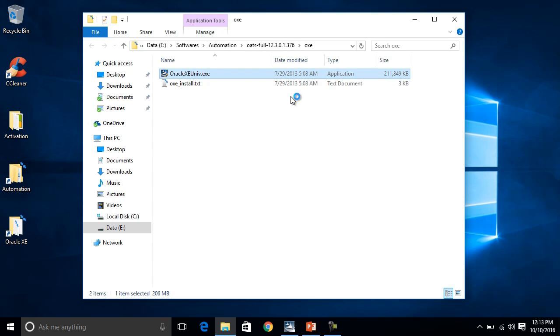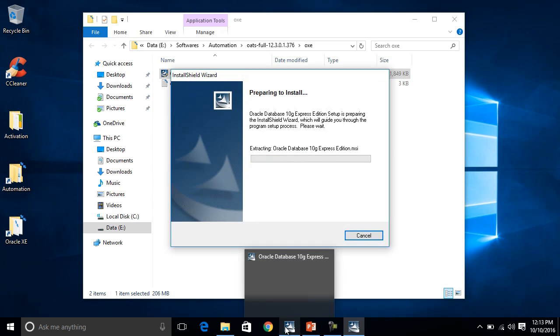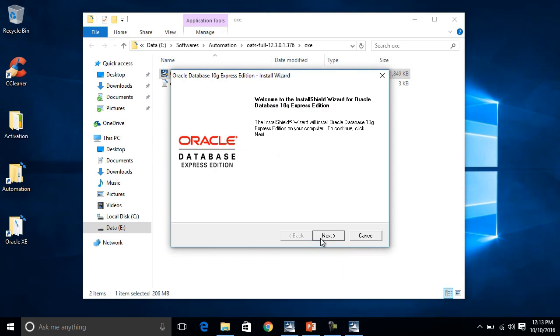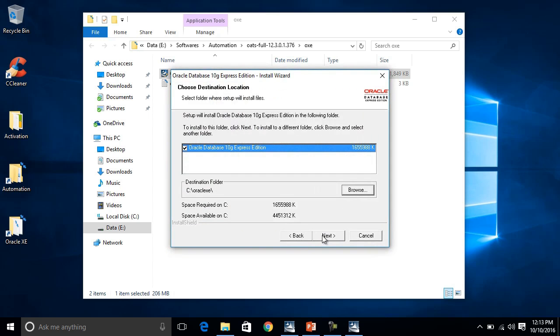So you just double click it, and the installation process is pretty simple. You click on next, you accept, and tell where your database needs to be.